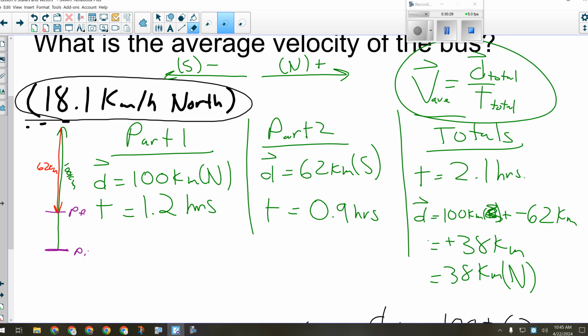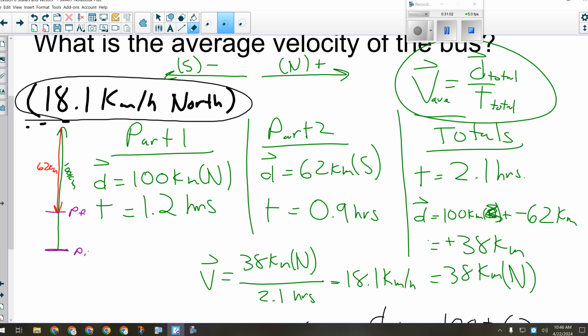Okay, everybody all right with what I did there? I now have my displacement. I just calculated the gap between initial position and final position. So if I want to calculate the average velocity now, I'm going to take my total displacement, 38 kilometers north, and divide it by 2.1 hours. Okay, and that's going to give me 18.1 kilometers per hour